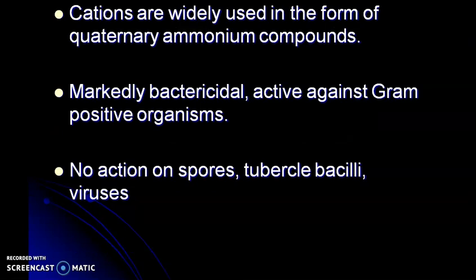And we can also use quaternary ammonium compounds. These are detergents that have antimicrobial activity and are effective disinfectants. The cationic detergents like benzalkonium chloride and cetylpyridinium chloride will kill most bacteria. It is used as a disinfectant for food utensils, small instruments, and as a skin antiseptic. Their antimicrobial activity is the result of their ability to disrupt the microbial membranes, and they also denature the proteins that are present in the microorganisms.